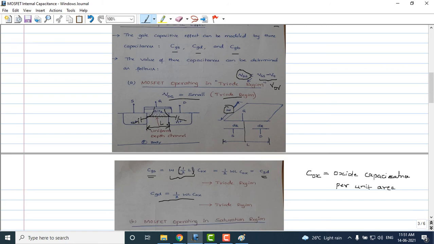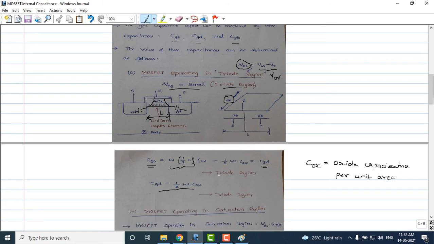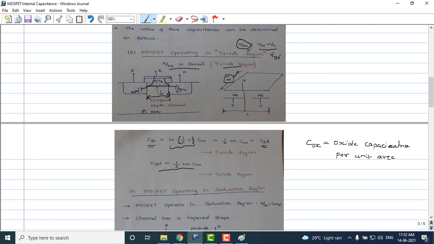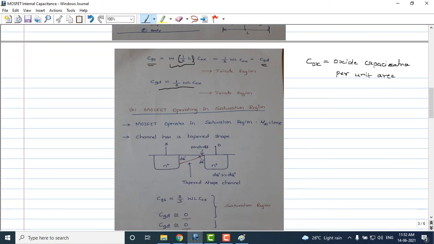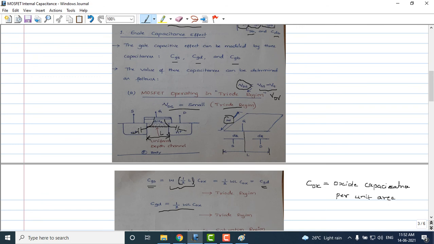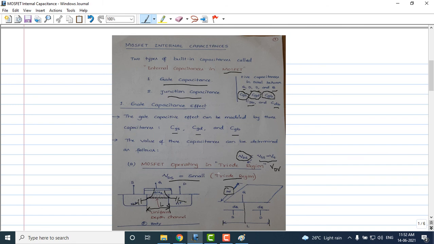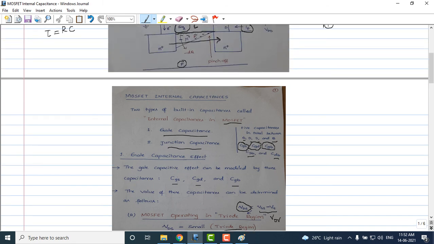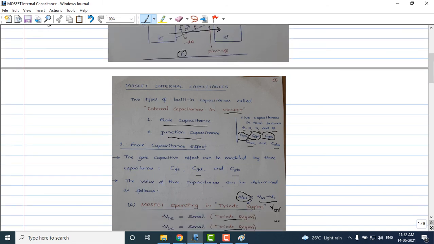I think we'll stop at this point. Next class we'll take up MOSFET under the saturation region and MOSFET under the cutoff region. I hope you understood the MOSFET when it is operated in the triode region, and also go through the topics we have covered in today's class. We have discussed the common drain amplifier and also a part of the common source amplifier with RS. So next class we'll continue with these topics.